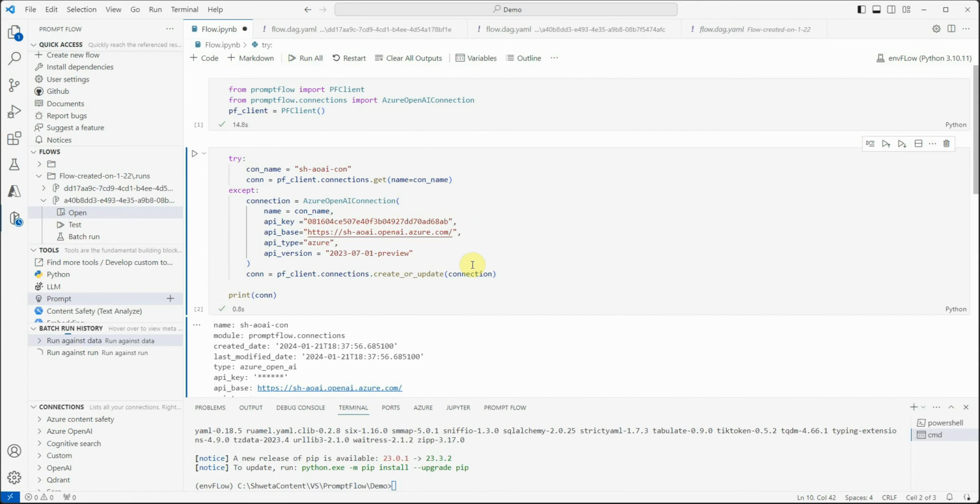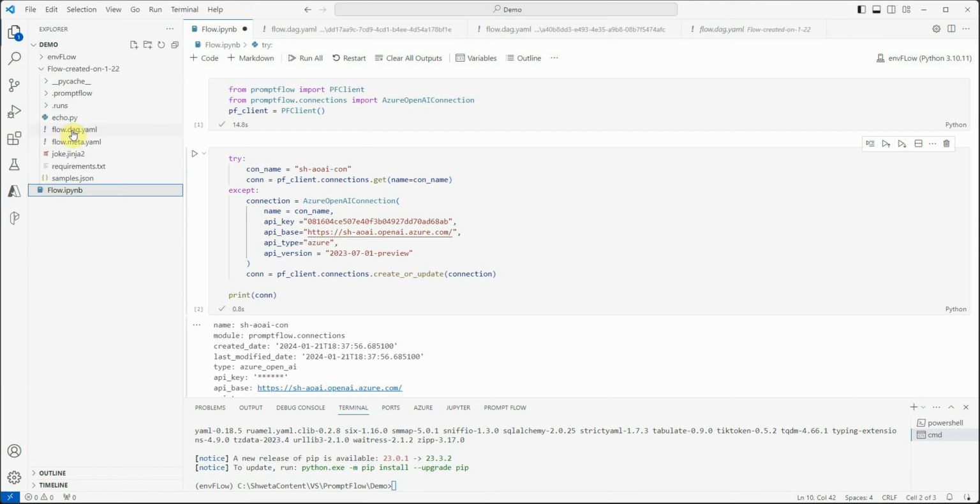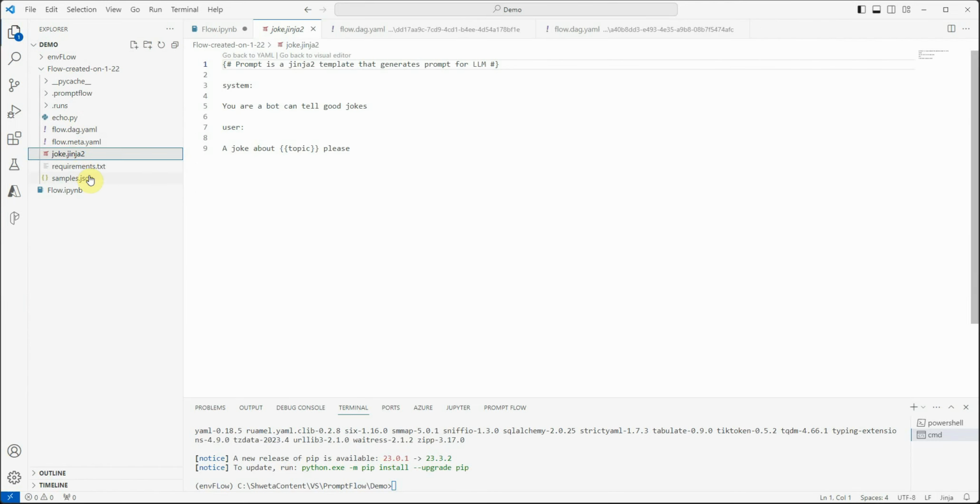So let's assume now you want to update something. You want to just change the prompt. You don't want to go with the one which you created in the portal. In that case, what we can do is go back to our file, joke.jinja2. This is the place where we have defined our prompt. I want this to be like, you are a bot which can tell amazing jokes. So this is the one I have updated,